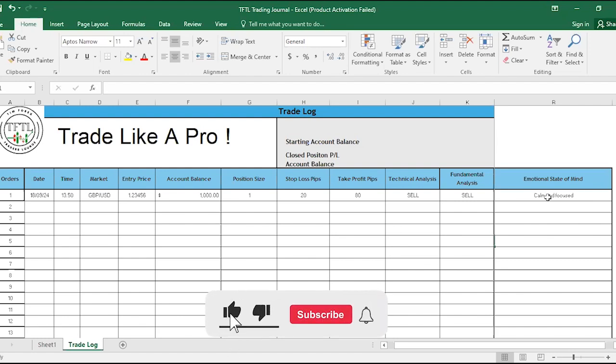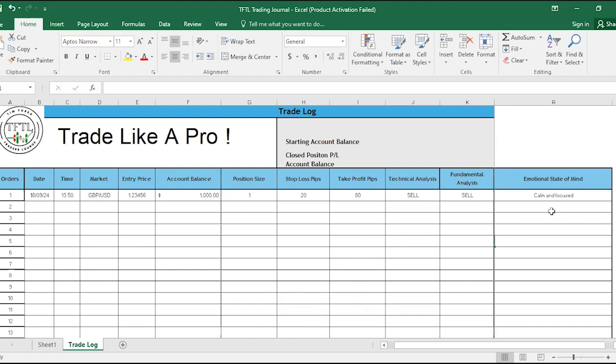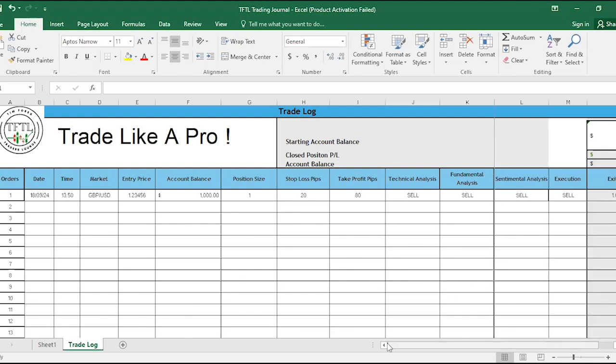So it is very important to have it logged in there, and this will help you so much as a trader in terms of fine-tuning everything, or putting everything together to see profitability. So this is the simple trading journal that I have created,